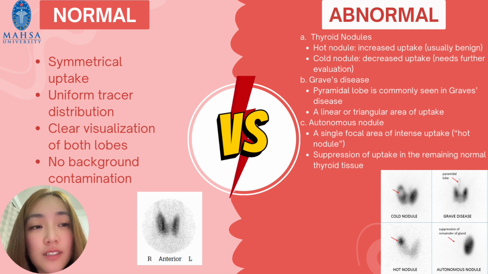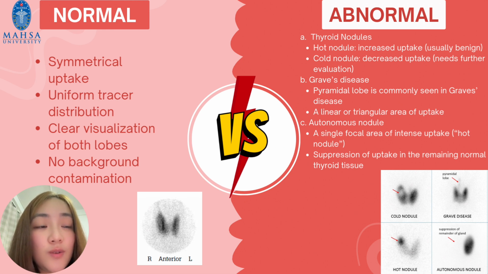So in a normal scan, uptake will be symmetrical, with uniform tracer distribution, clear visualization of both lobes, and no background contamination. As we can see, this is the image of the normal appearance of the thyroid. And then the next part, we are going to discuss the abnormal one. As we can see, I'm only going to